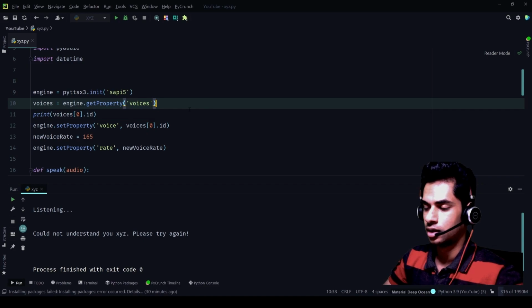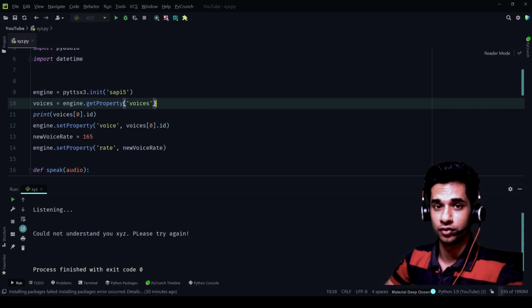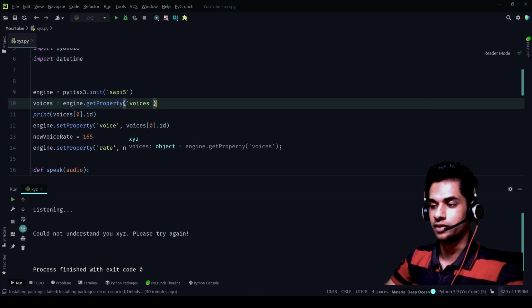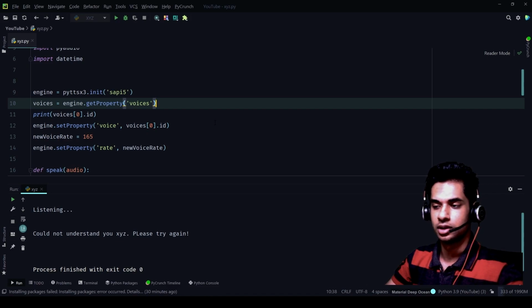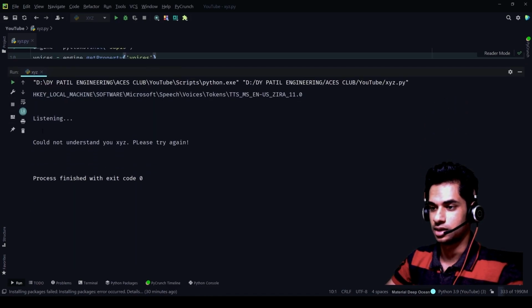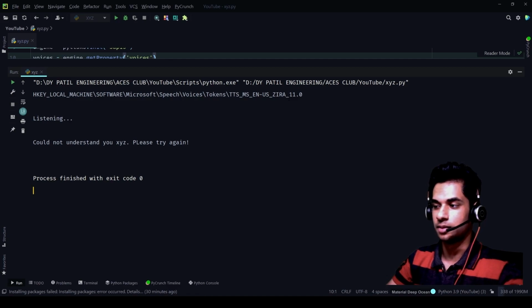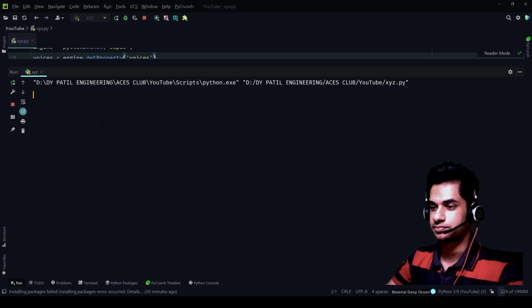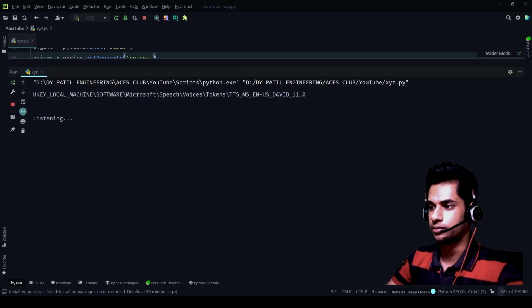So basically it's got two voices. That's why it's saying engine.setProperty voices. In that, when we type number one, it comes the female voice. When we give it the number zero, it'll give us the male voice. And the voices ID is what this line is. This line you see here. The female assistant's name is Zira. Now let's see the male voice assistant's name. Hello, how are you? So this assistant's name is David.